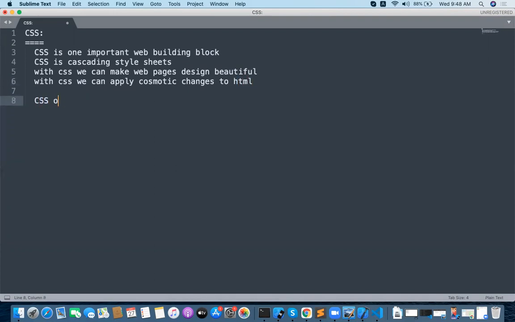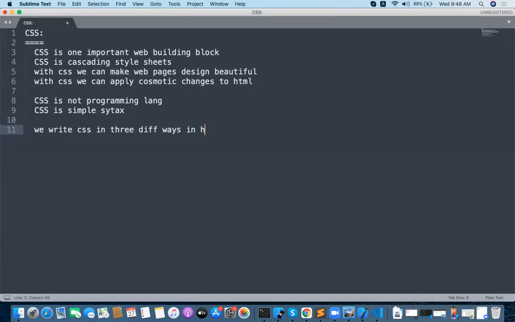And CSS is not a programming language. Again, this is not a programming language, and CSS has a simple syntax. And we write CSS in HTML in three different ways.